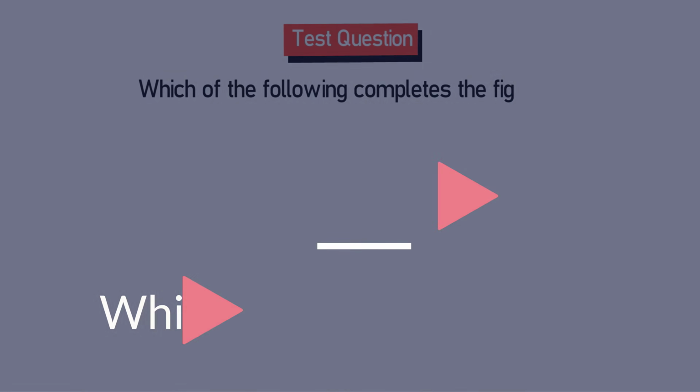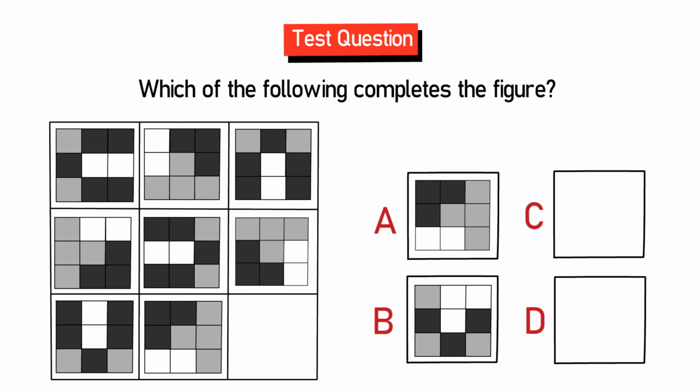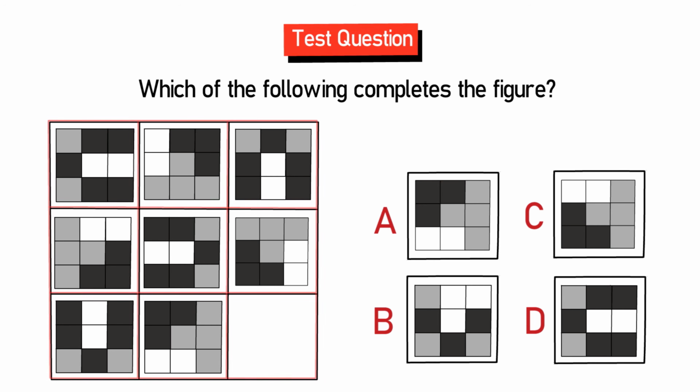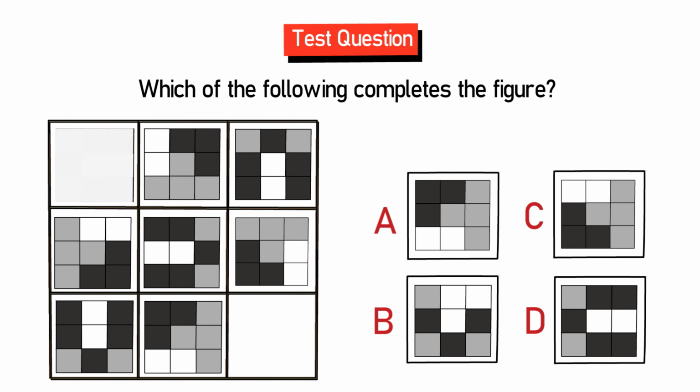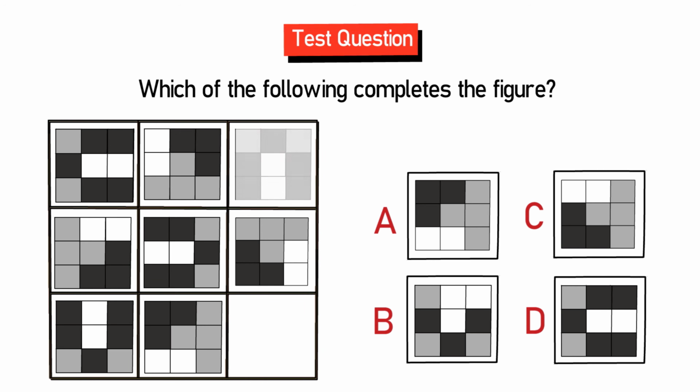I wanted to share with you a cool question which started showing up on the tests very recently. You're presented with the 3x3 matrix. Each square of the matrix contains another matrix inside with the 3x3 small squares. There are different colors inside 3x3 small squares. In this case, we see gray, white, and black. One 3x3 square is missing,